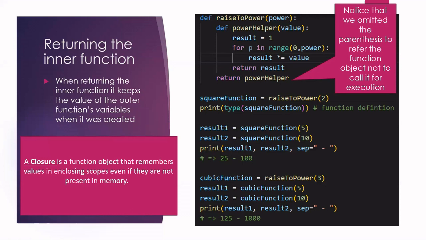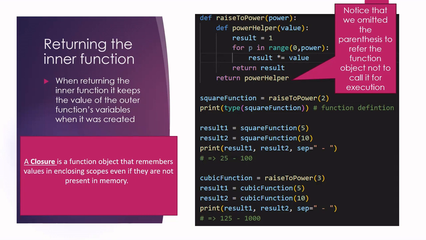So when we do this call, you see, when we use the parentheses, we call the function for execution. So raise power would be executed, and then the power helper would be defined within that execution context when power was equal to 2, and then it will be returned. So now this pointer would be pointing at the power helper definition that was created when power was equal to 2. Okay? Now, when we call it again here, raise power with power equal 3, it would be executed